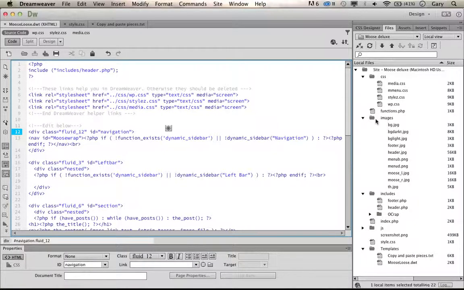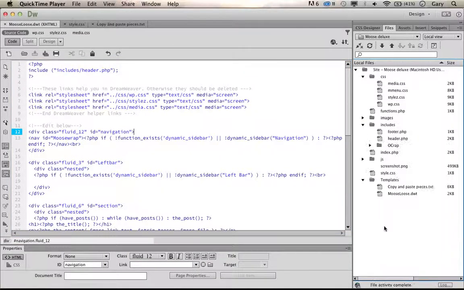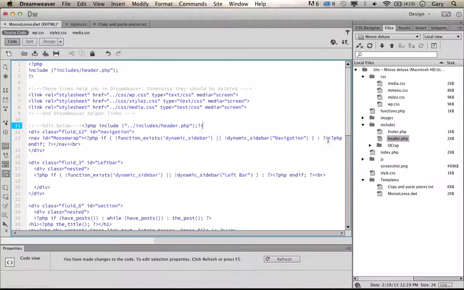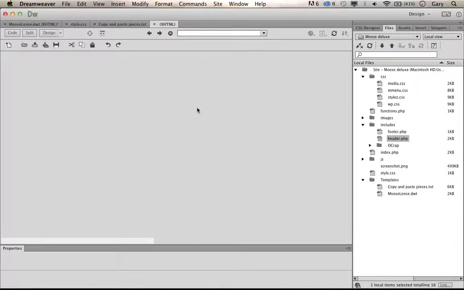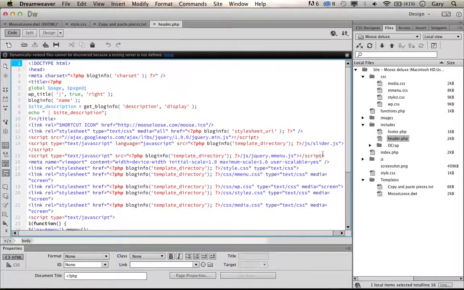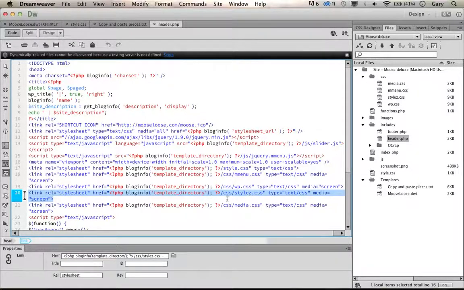Just so you know what's going on, if you were to go to the header graphic here, the header PHP, you will see that the style sheets are referred to in the header file. And it's really hard to see, but let's say this style right here. Okay, we see our styles, but it has this code. This code right here makes